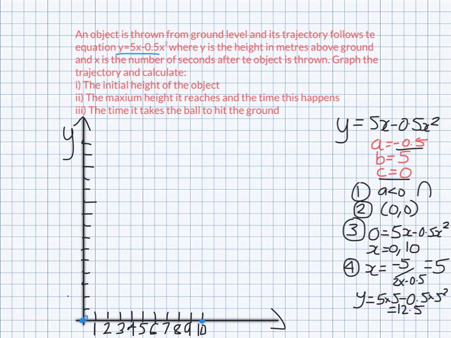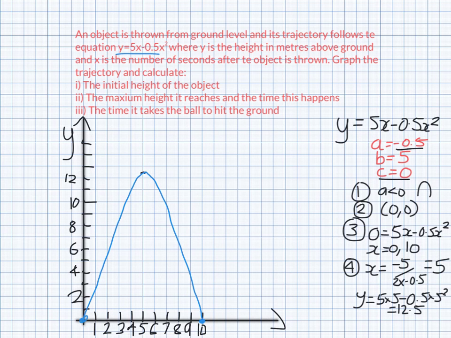So once again, it's important that we label our axis. You don't need to label every division, but you have to label some of it so we know that this is going up by 1 each time. So 5, 12.5 is up around here. So we know that it's a frowny face. It's going to go this way, stop at the turning point, turn around, and then come down and hit the